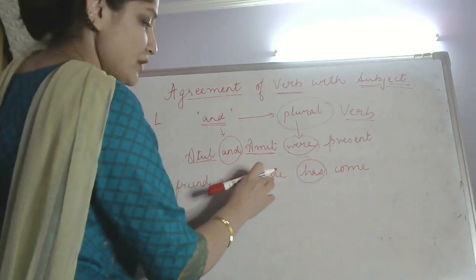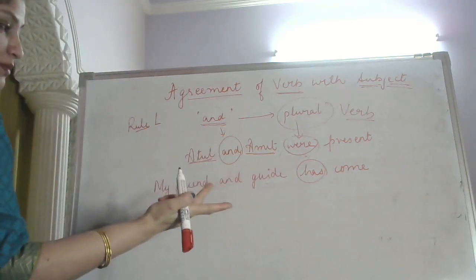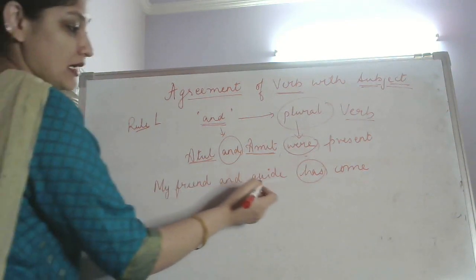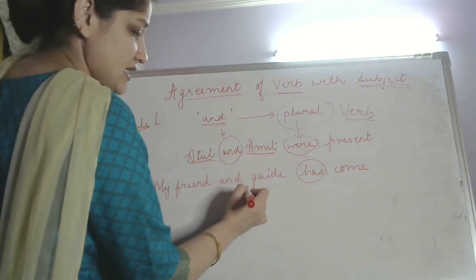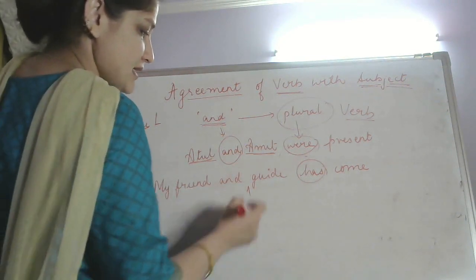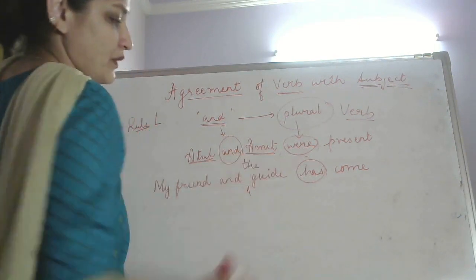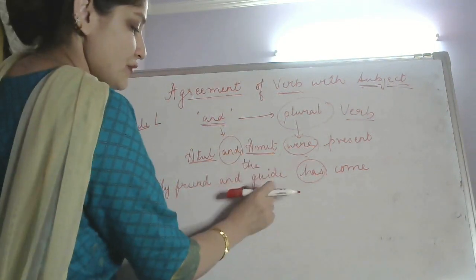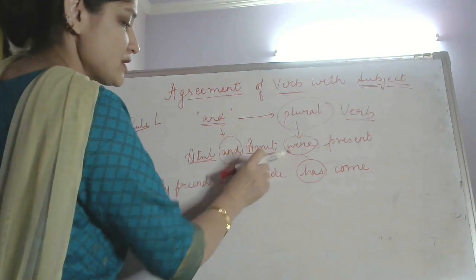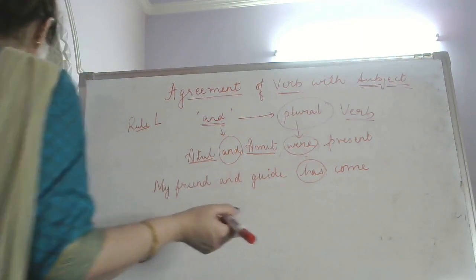Now how will you know if we are talking about a single person or two different people? My friend and guide means I'm talking about one person, but in case if there's an article here, for example, my friend and the guide, then it means we are talking about two different people. So if there's no article, we are talking about the singular person. So they have given it here. For example,